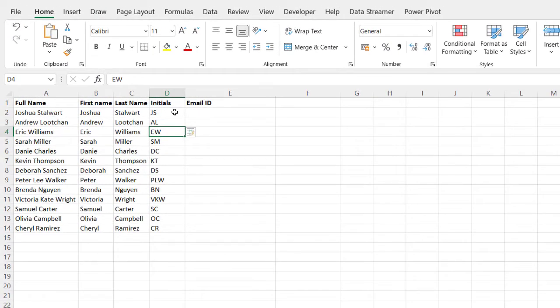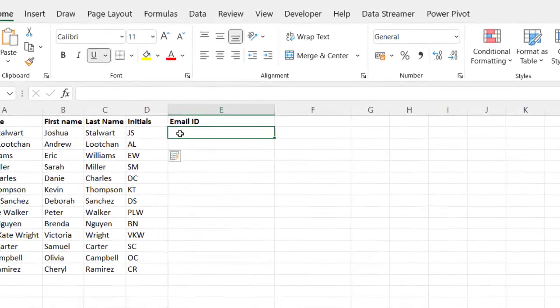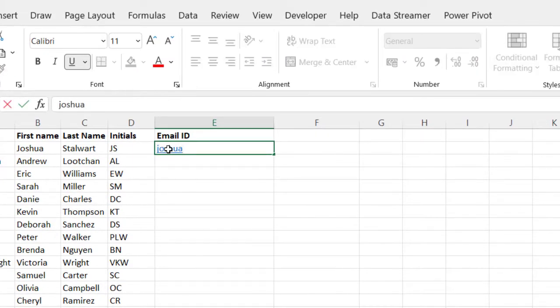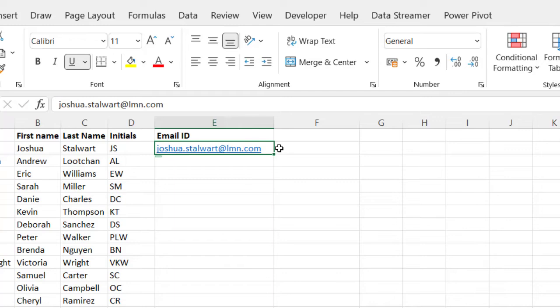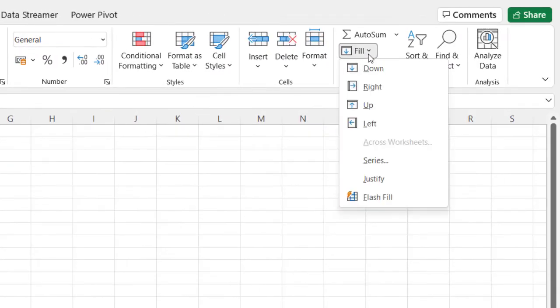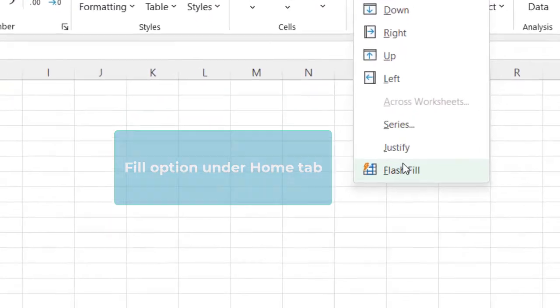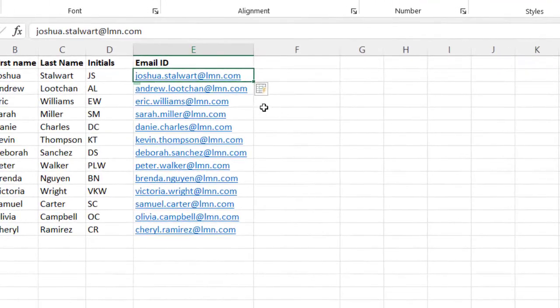Now consider a situation wherein the email ID for these individuals is firstname.lastname@lmn.com, where lmn.com is the domain name. So let's type joshua.stalwart@lmn.com. Now you don't need to drag or do anything. Simply go to fill, click on the drop down arrow, select flash fill, and you see you have all the